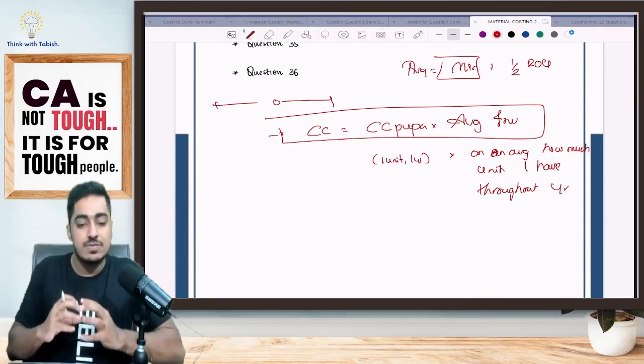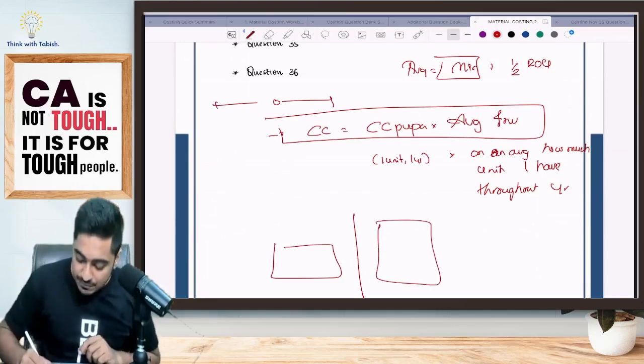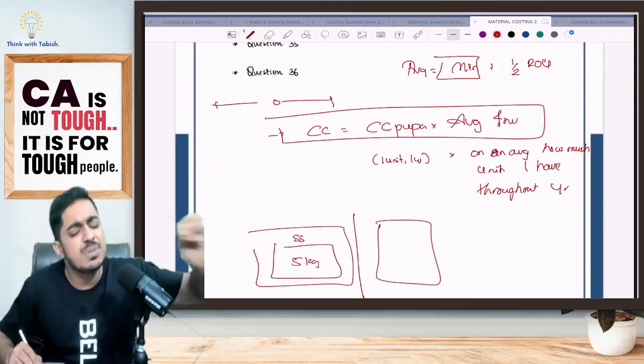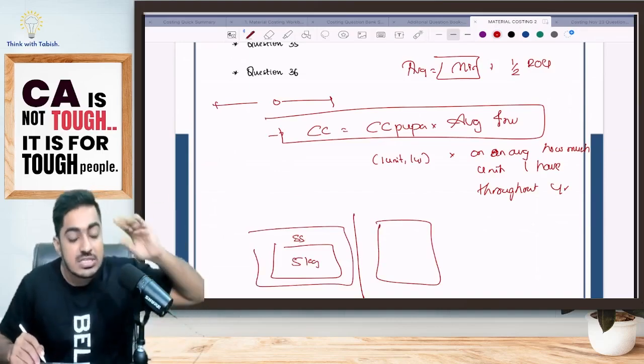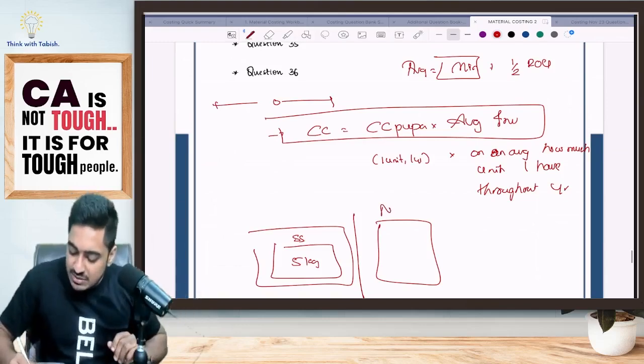Why am I holding safety stock? For emergency purposes. Imagine at your home, two different boxes are there for holding rice. Yes, 5 kg is the safety stock. Mom will always keep this 5 kg for emergency. If in any case urgent guests come, I will keep this separately. Then I will be having my normal box.